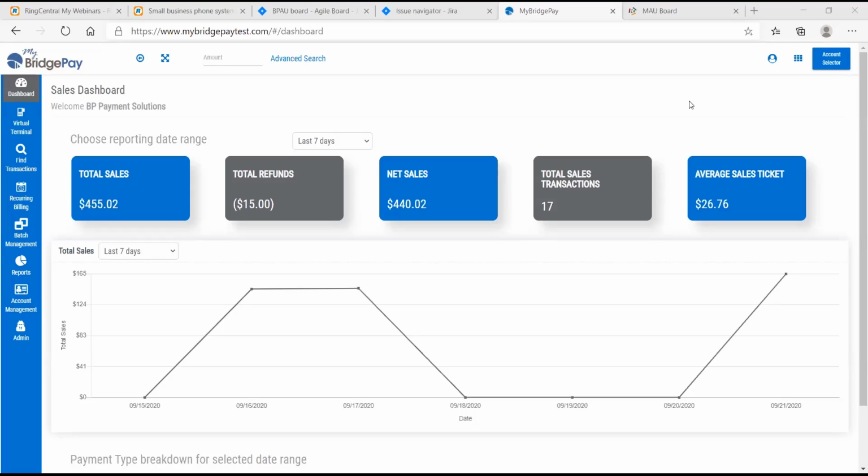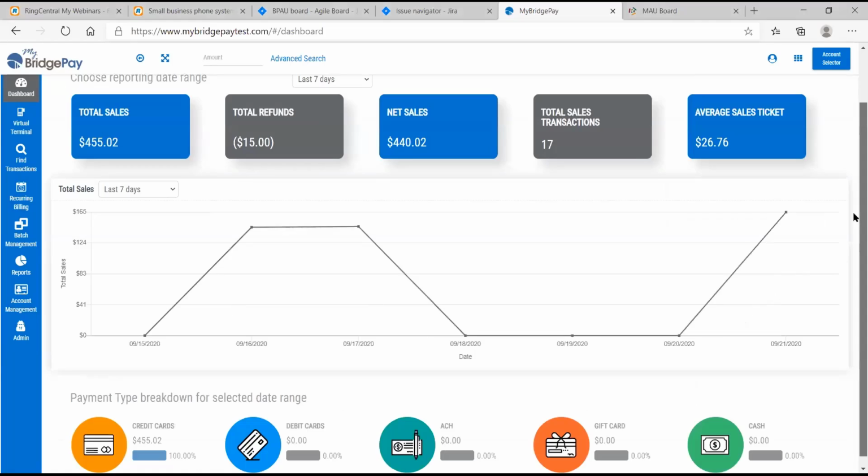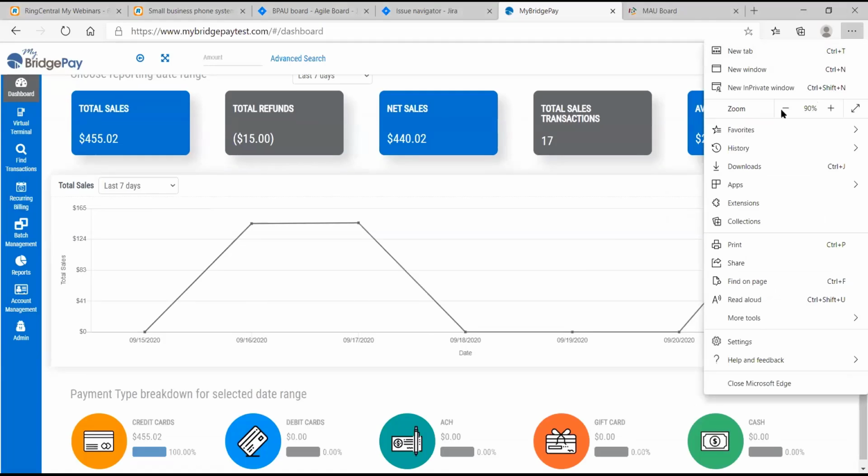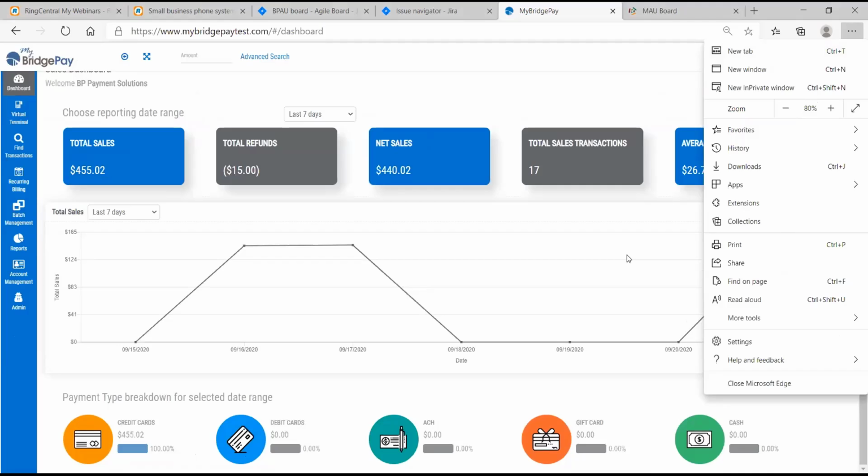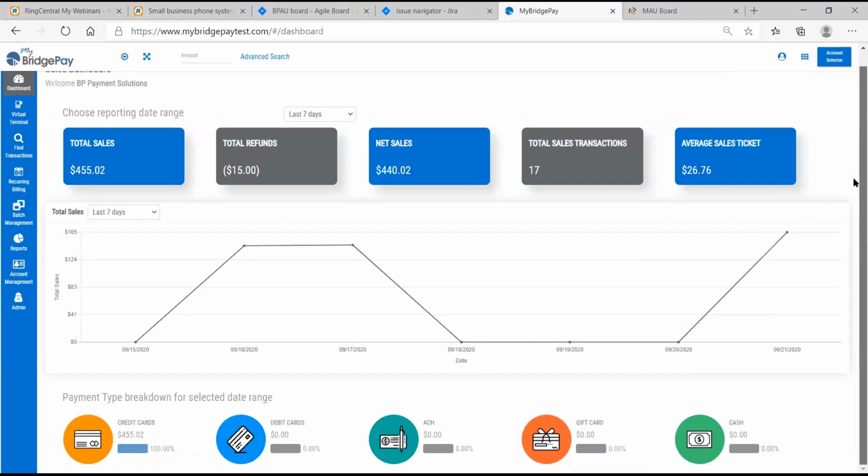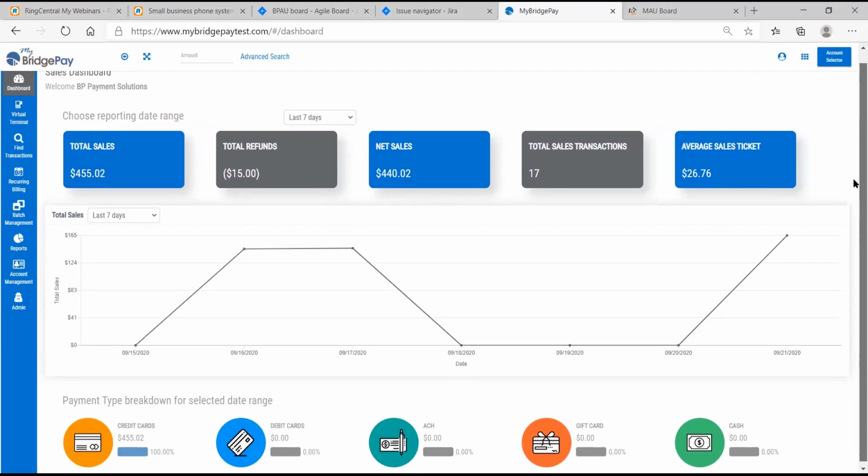If you look at total sales and refunds, those are the gross sales based on settled batches for a specific time frame. The default is going to be the last 7 days, and then the gross total refunds, and then net sales, and our average sales ticket. And you can use the scroll bar. You can also minimize your screen if you want to zoom out a little bit, but you'll be able to see what types of transactions you've processed as well, whether you've had debit card transactions, credit card, ACH,